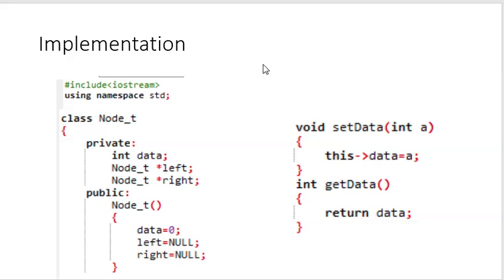As we are implementing the tree, it will consist of two pointers, the left and the right pointer. The data will be declared as an integer, while the two pointers we will create with the name of the class. Publicly,